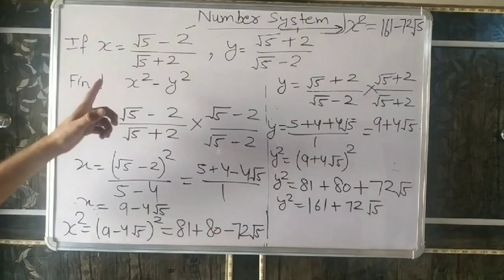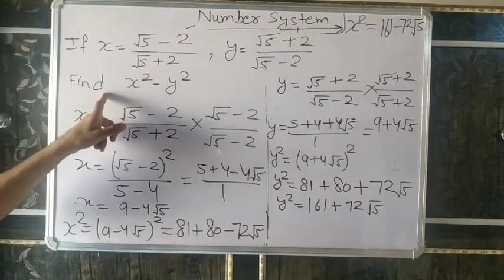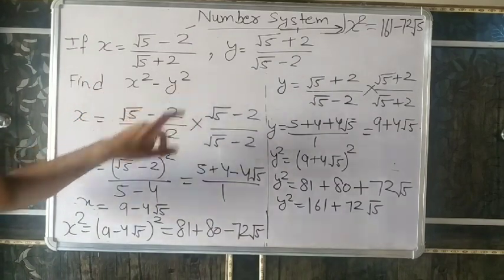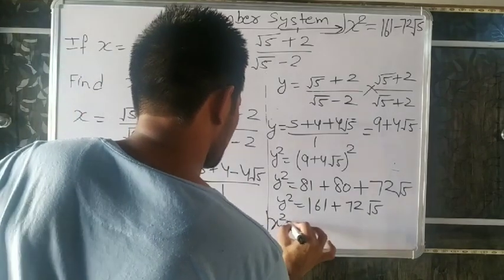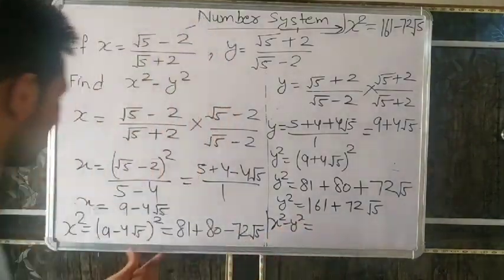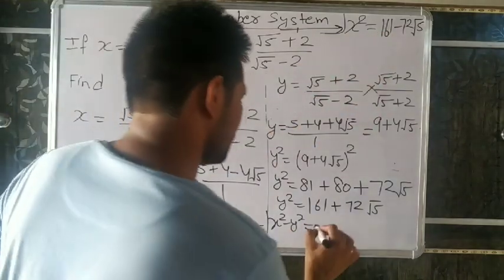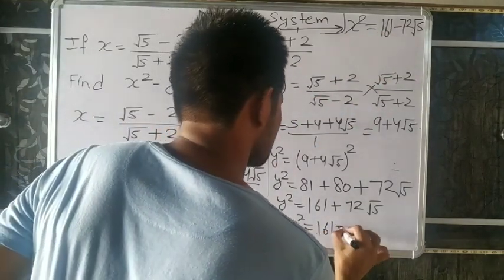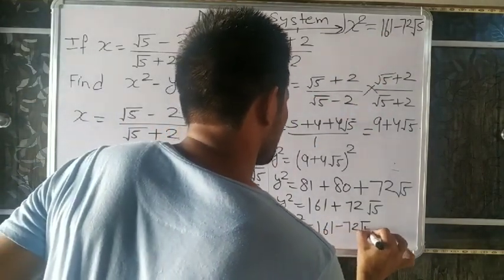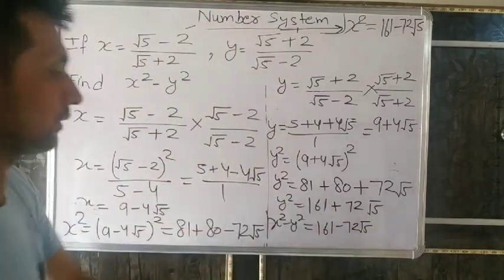Now put the values in. Whose value do we want to find? x square minus y square. What is x square? x square is 161 minus 72 root 5, minus y square,